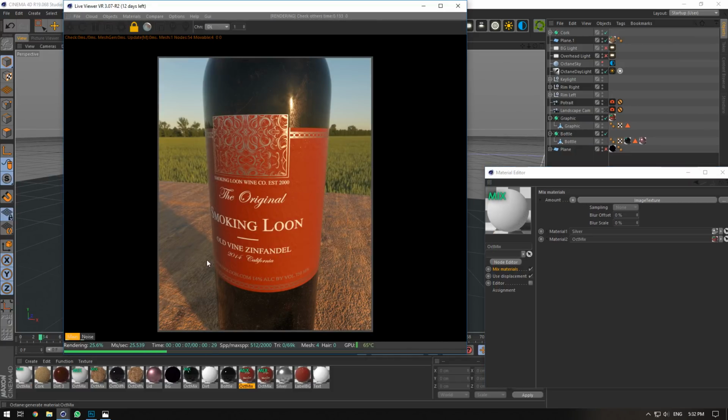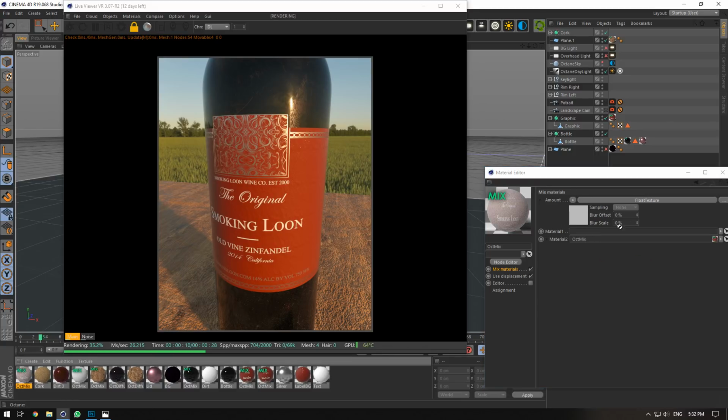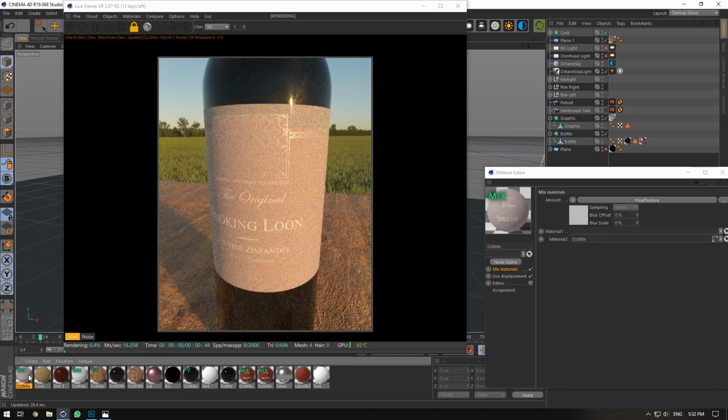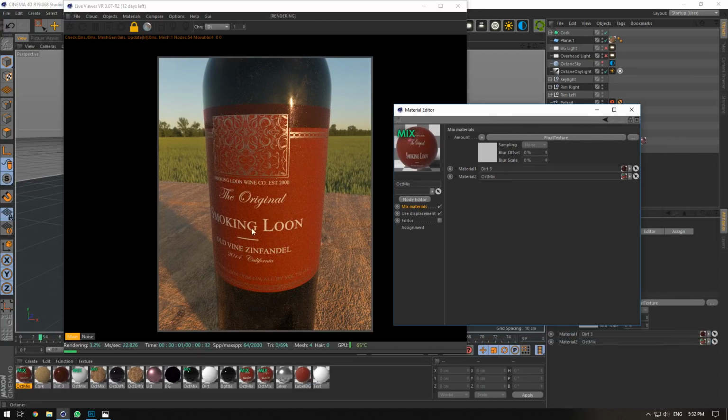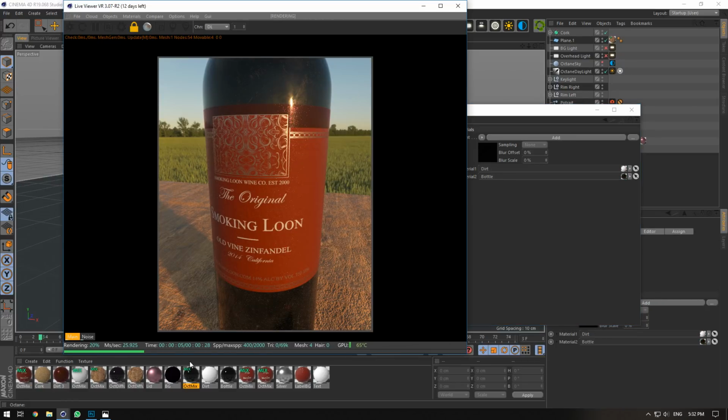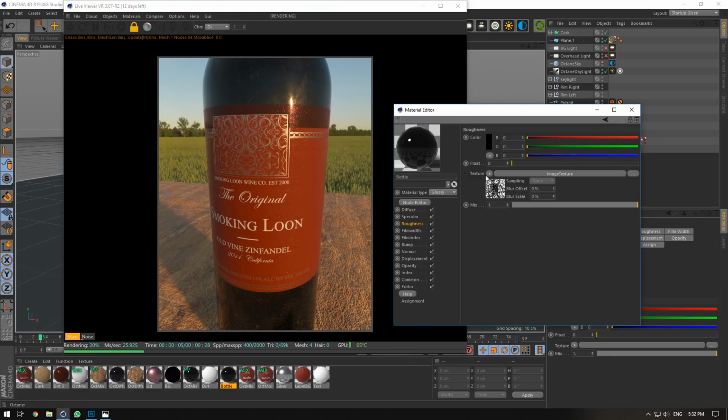What texture is this? That one. So we'll put this inside there, replace, and then put dirt 3. And then we can copy paste the fingerprints in here,